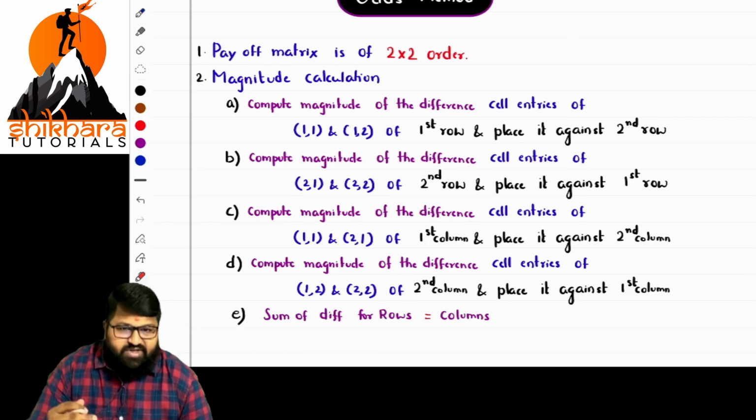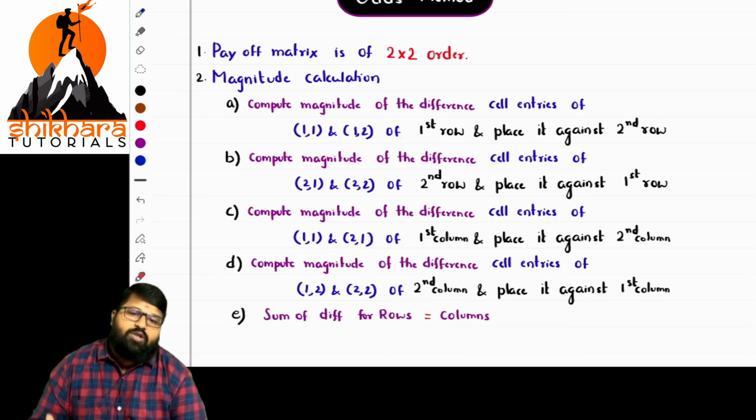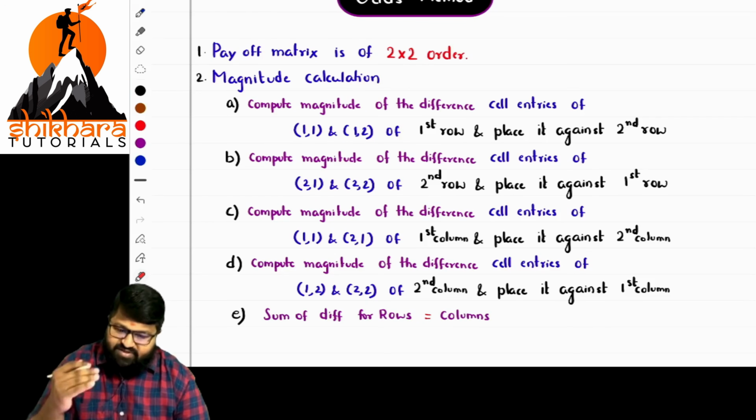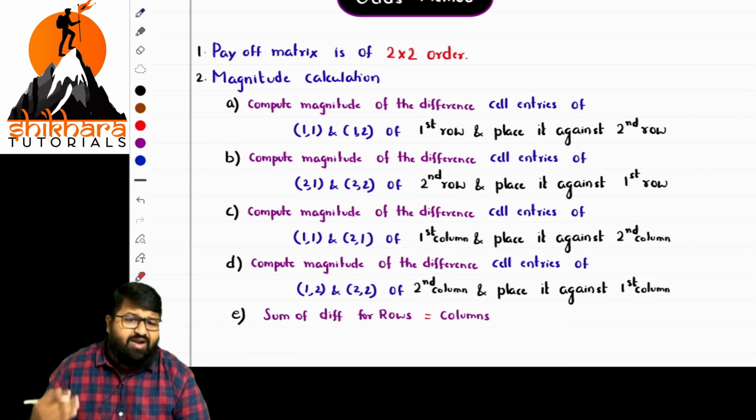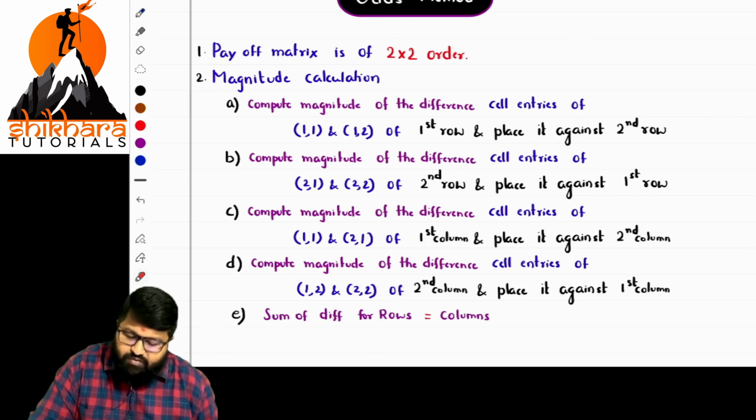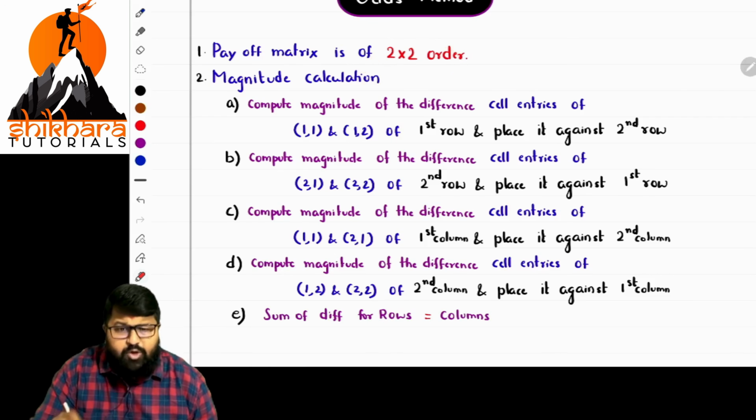If you want, I will share this PDF. You can see the PDF and get clarity. And also we solve all the problems in a proper order. First we go through the odds method, then the dominance rule, and at the end I am discussing the graphical method for two problems. Okay, so first, what is the basic rule? 2 by 2 matrix.